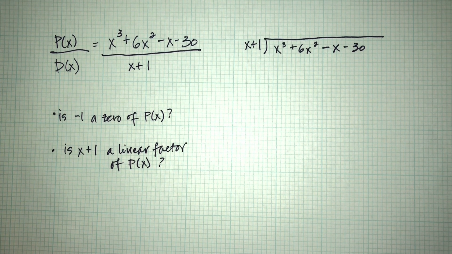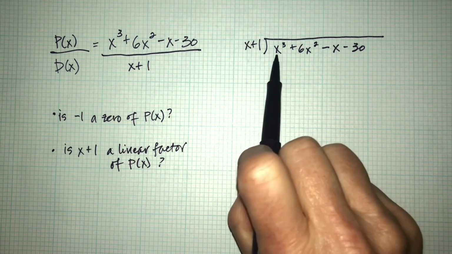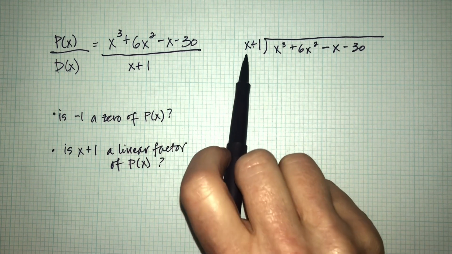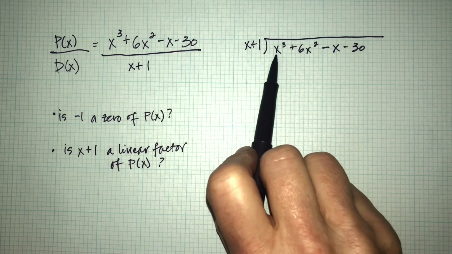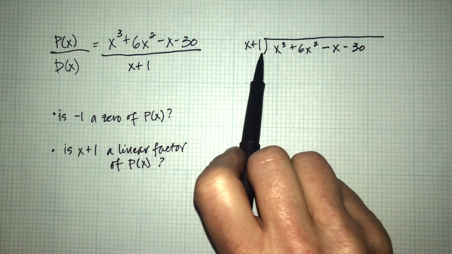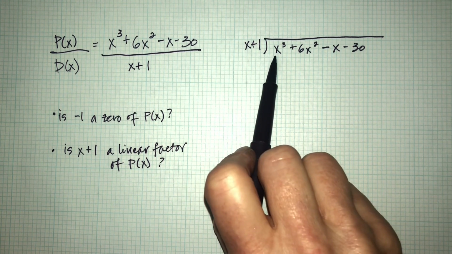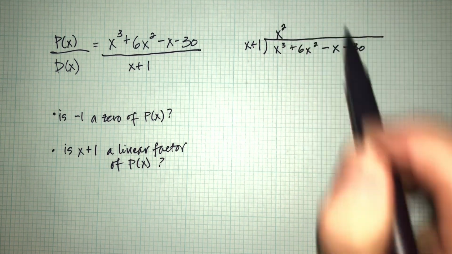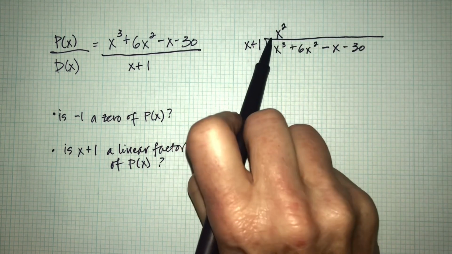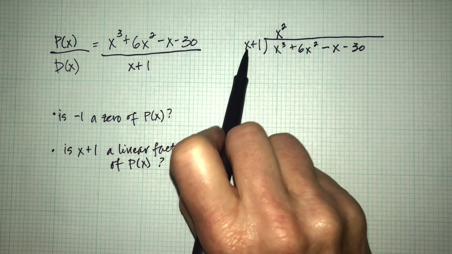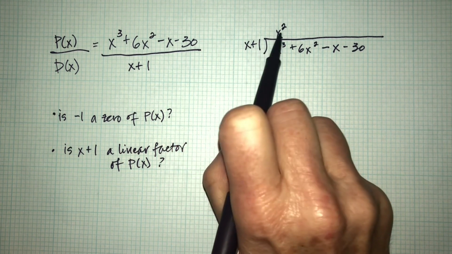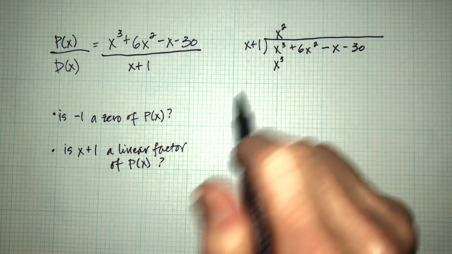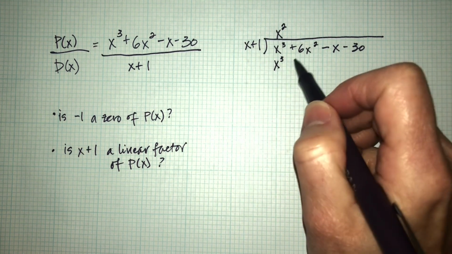So here we have our divisor and our polynomial inside, and what we're going to do is look at the first term here and the first term here to decide, okay, x times what would give me x cubed? Well, that would have to be x squared. So we put that x squared right up there, and then we multiply here and here. So x squared times x would give me x cubed, and then x squared times 1 would give me